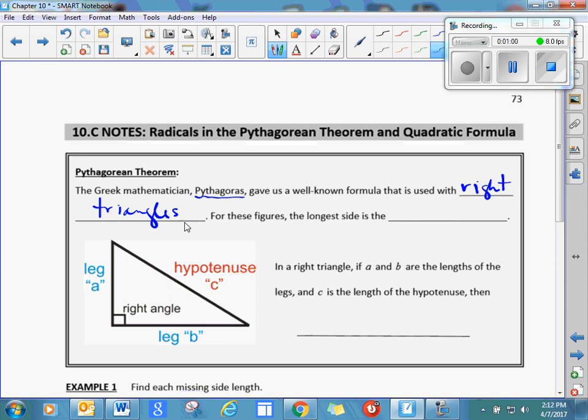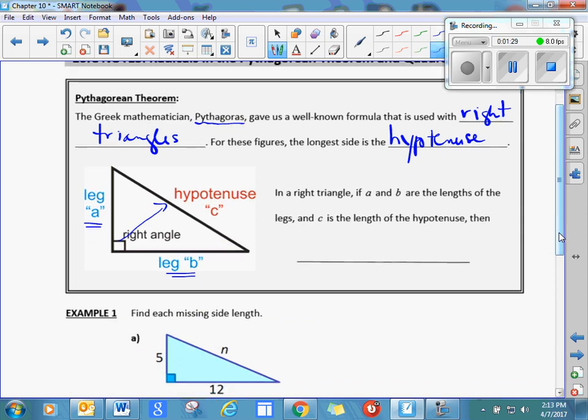properties. When we're talking about right triangles, we've got three different sides, and we call the two sides that make up the right angle the legs. The third side, directly across from the right angle, is called the hypotenuse. So that's a little vocab. The Pythagorean theorem says, that Pythagoras proved, that if A and B